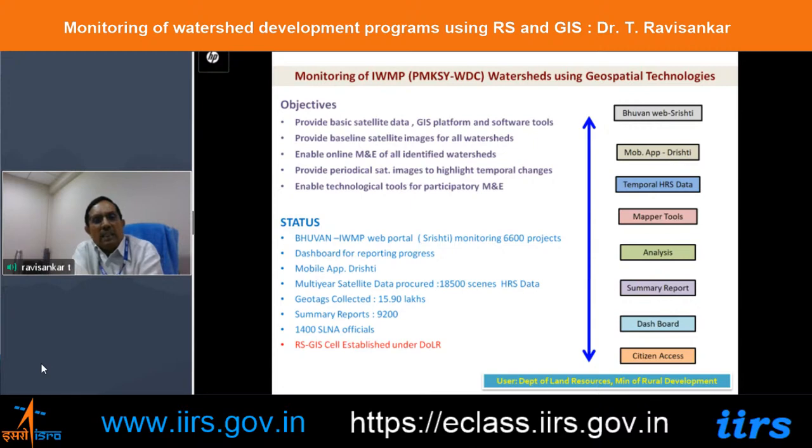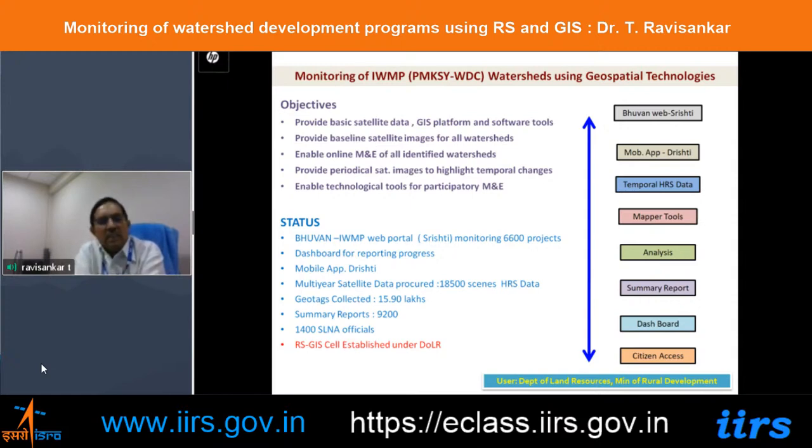And multi-layer satellite data, around 18,000 2,500 scenes of high resolution Carto plus LISS-IV data scenes are procured and hosted in the Bhuvan. And all over the country, the SNAs have uploaded 15.90 lakh geotags. Based on the geotags and satellite images, we have prepared some summary reports on the impacts and other things. And in due course of time, we could train around 1,400 officials in various 2 to 3 levels